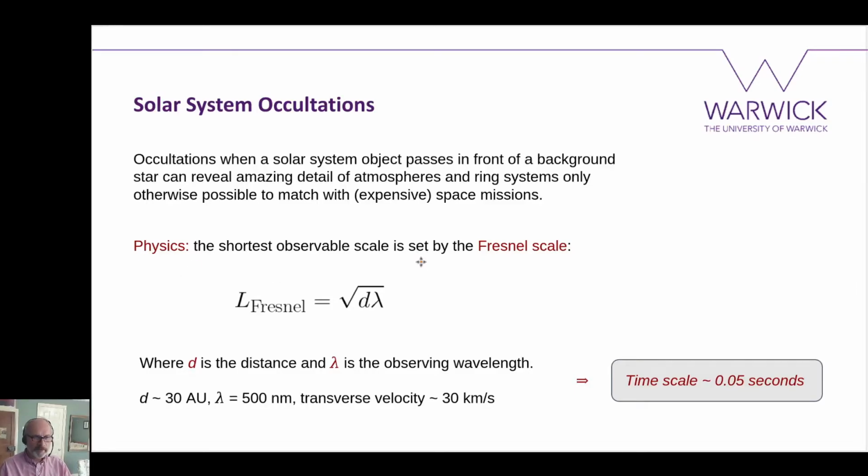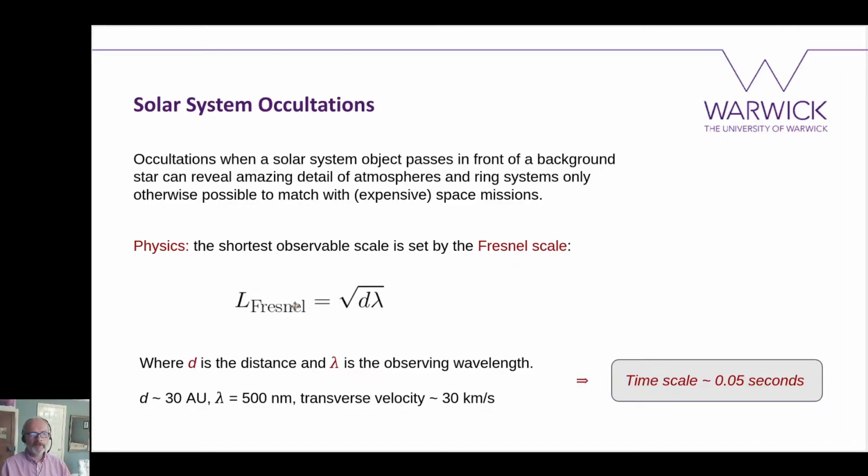Just a little bit on the physics. I don't expect you to understand this, but it's quite complicated. It's to do with the diffraction of light. But the shortest observable scale you can measure, the very smallest size, is set by something called the Fresnel scale,